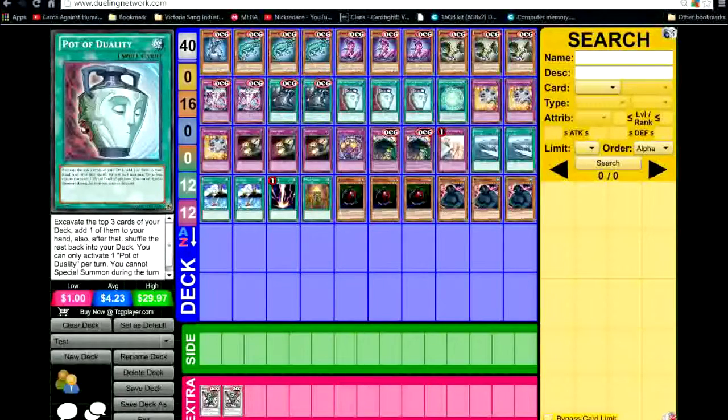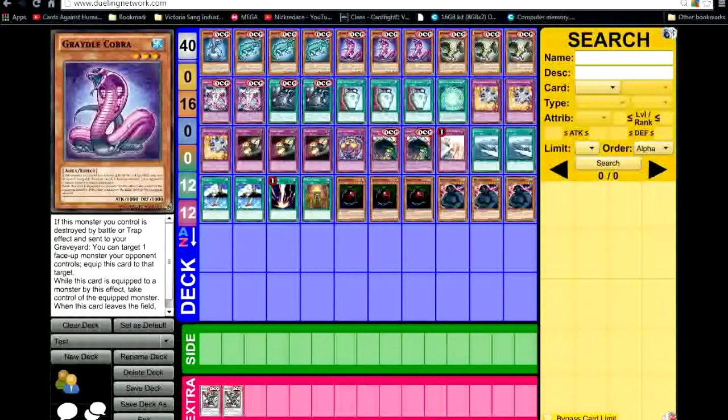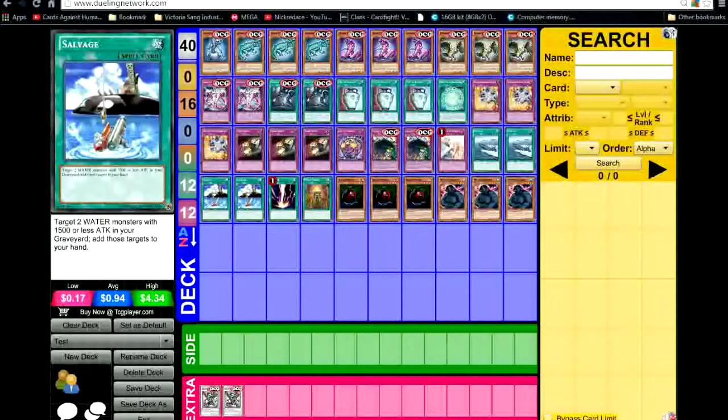Alright, this first Graydle deck out of the 2 is the more focused one, featuring only Graydles. All the Graydle supports are in. It's based on just Graydles, getting Graydles out. Graydle Synchro. Enjoy. Due to Graydles being both Aqua and Water monsters, I can use cards such as Salvage, Surface,